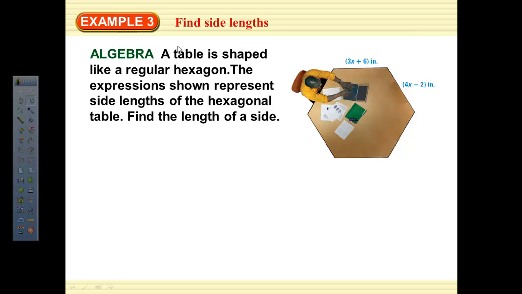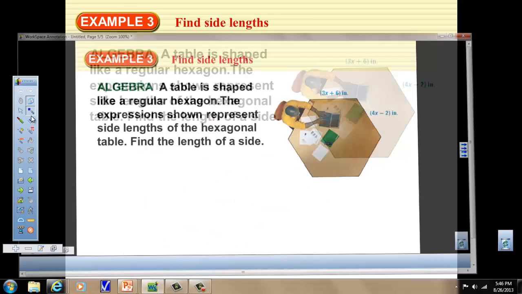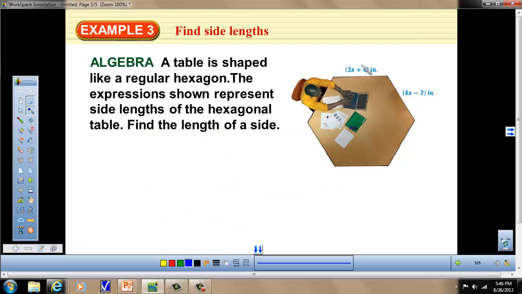Now we're going to look at regular polygons and how to find side lengths and angle measures when it's a regular polygon. Remember, if we have a regular polygon, in this case a regular hexagon, we know that all of the sides are equal, so I'm going to mark it appropriately, that all sides are equal, and all angles are equal, so all of these angles are equal as well. If that's the case, then these two sides should be equal to each other,